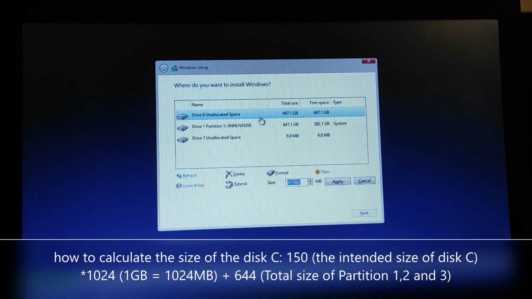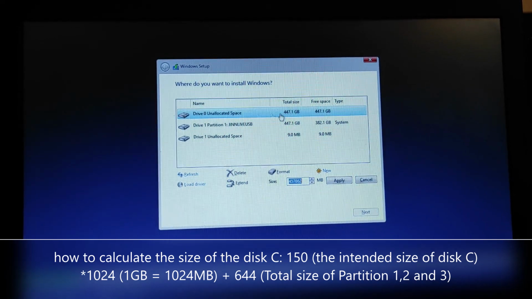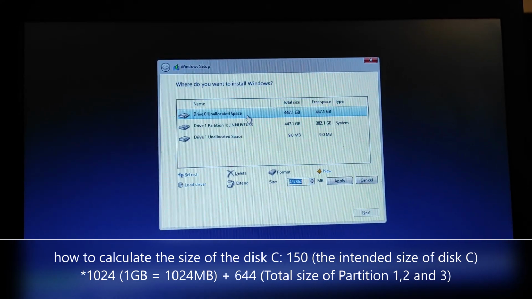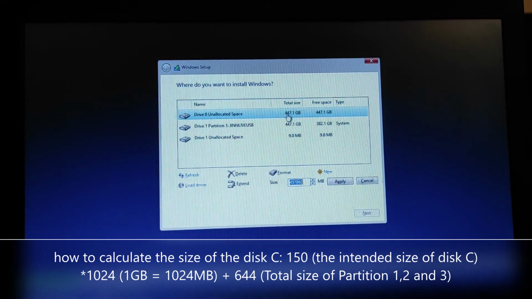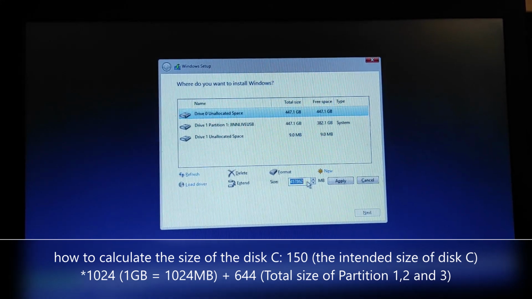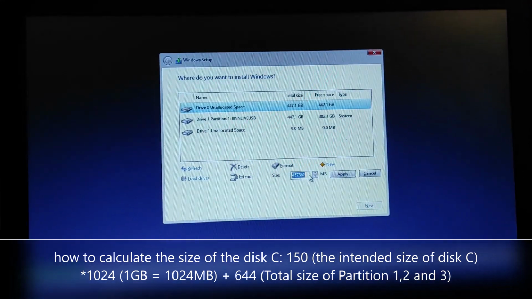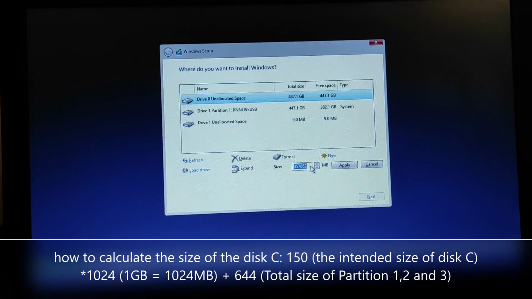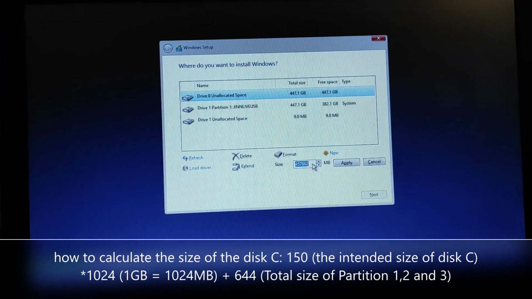Here you can divide. You see unallocated space shown. You can divide to the different disks. Mostly I divide to disks.